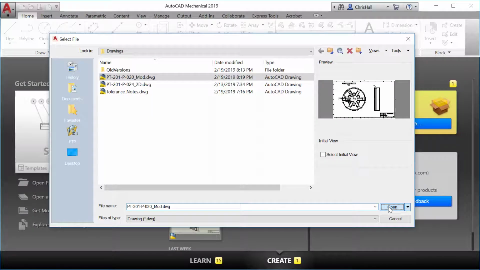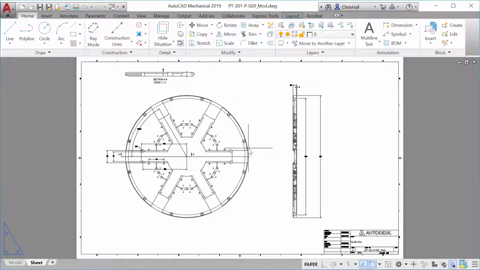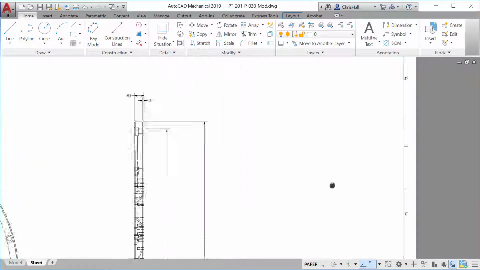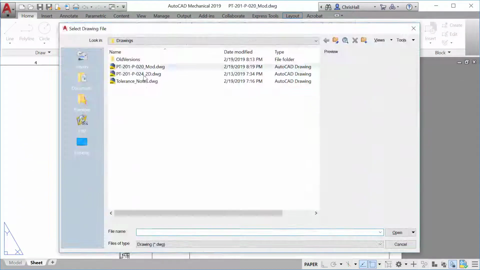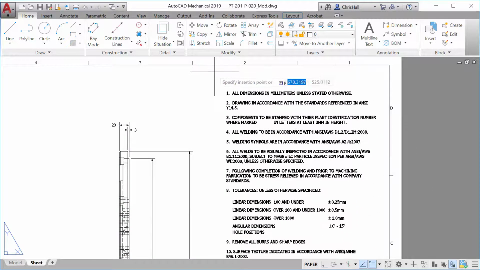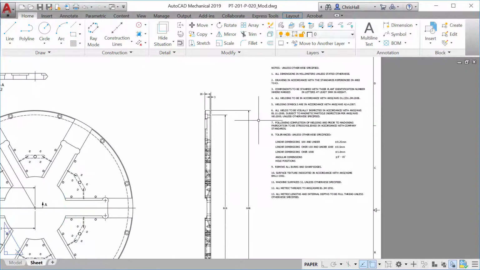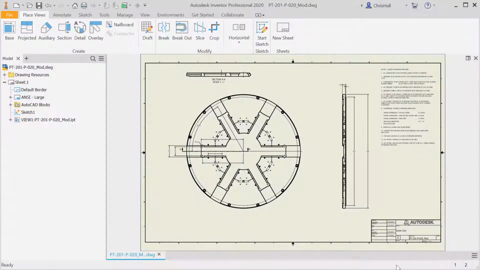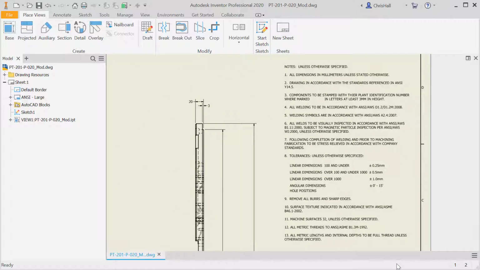Now open the drawing file you created in Inventor directly inside AutoCAD Mechanical. There's no translation necessary. Inside AutoCAD, you can add additional 2D details, or insert annotations, revision clouds, and dimensions. Round-trip the file by opening the same DWG back inside Inventor, and you'll notice that your 2D information stays associative